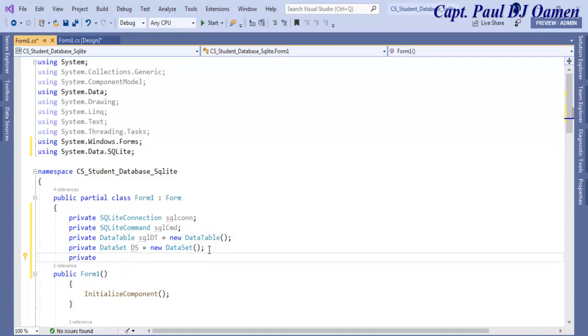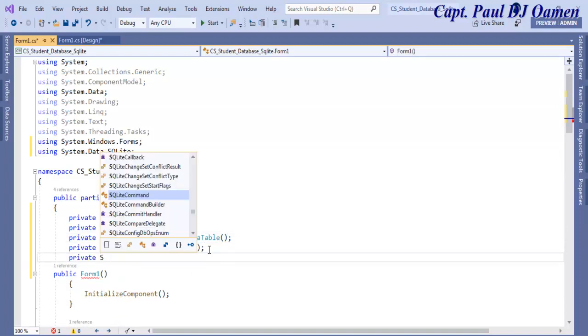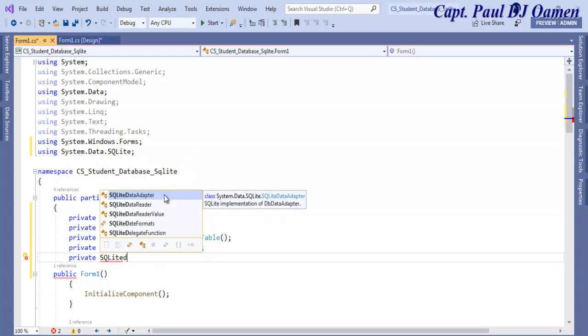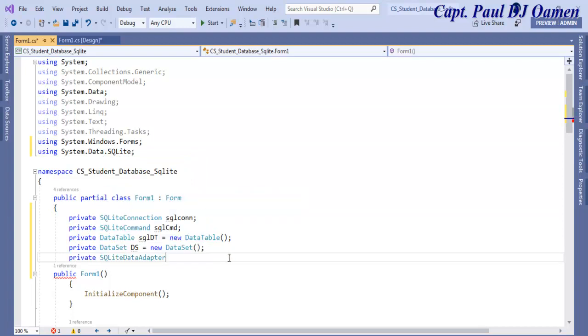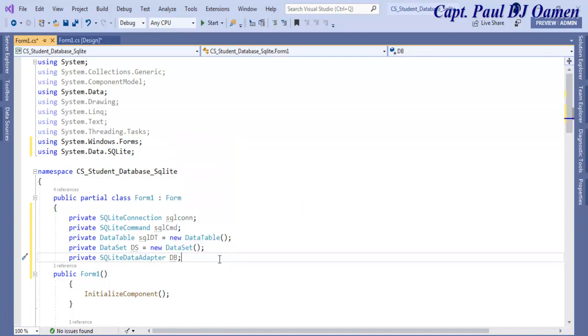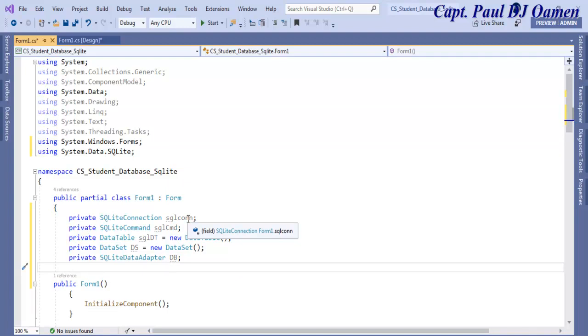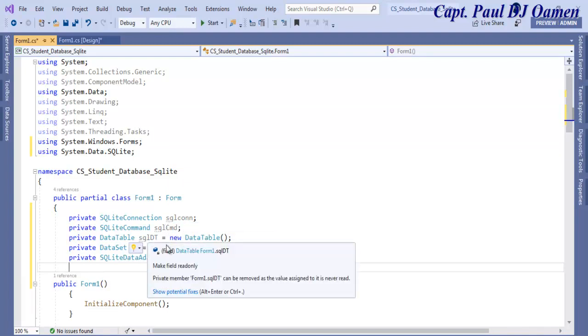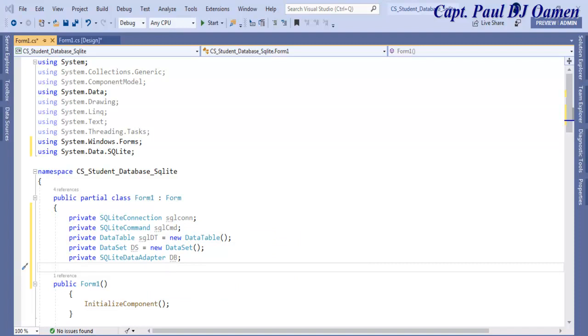Let's say private Sqlite, and this time around is going to be for data adapter. For the data adapter, I'm just going to call that DB. Right. So those are all the variables I intend to use. In total we have 1 2 3 4 5. Right. Alright, now let's